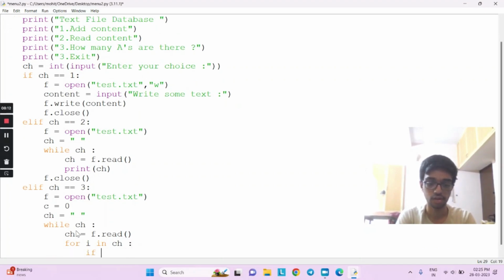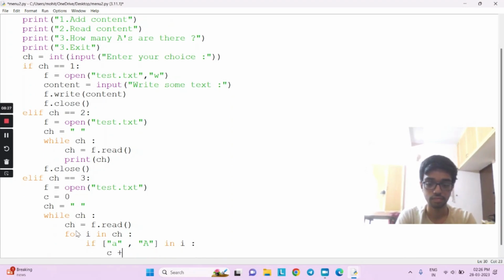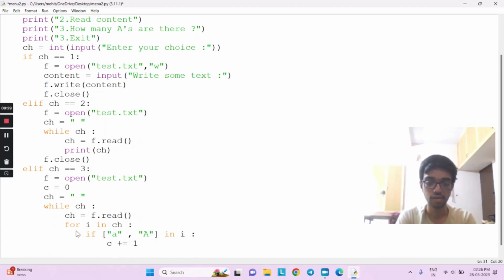If, in this case I'm making sure case does not matter, so I'm including both the uppercase A and the lowercase a, and if that is found, C's counter will be incremented by 1.